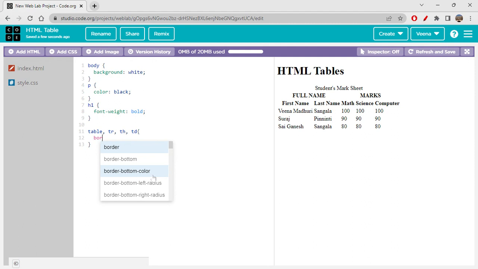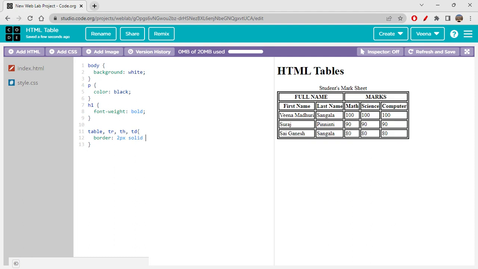And first thing I would definitely specify is the borders for a table, right? As you can see, there's no style. There are no borders. So let's write a border. I just want to say 2 pixel border. I just want to give solid border. Then let's write color. So let's give a blue color. I think this should look good. Yes, absolutely. You can see you have blue color border for all your